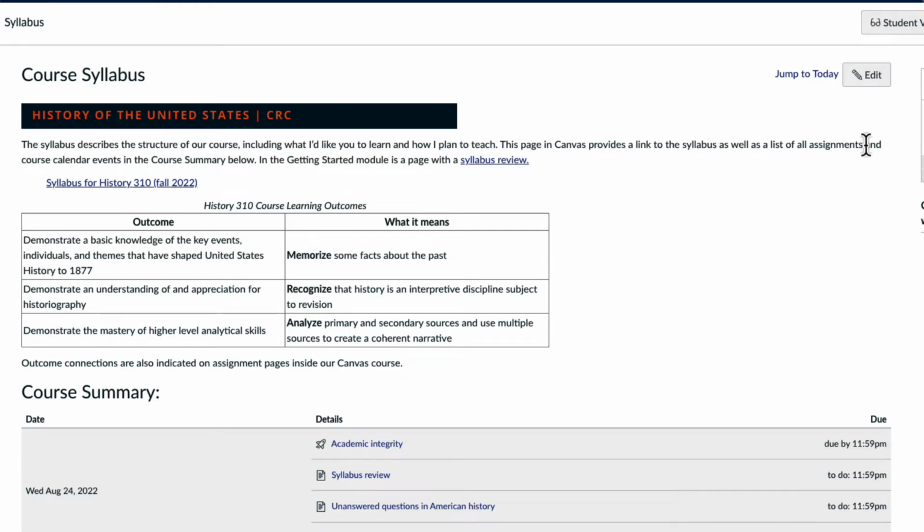In this example, there is a table on my Canvas syllabus page that shows the learning outcomes for a history class. The table includes a translation of the official jargon-laden outcomes into language that will be easier for students to understand, and that translation includes a focus word. The focus words for this class are memorize, recognize, and analyze. Following the table is a note stating that the course's activities indicate how students will achieve these outcomes. I want it to be easier for my students to understand that connection, and I do that with icons.